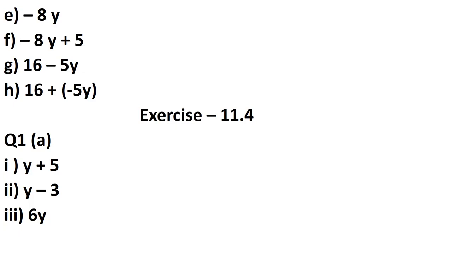Sarita's grandfather is 6 times her age. It is 6y. Times means multiply. So we have to do 6 multiply by y, which is equal to 6y. Fourth, grandmother is 2 years younger than grandfather. Grandfather's age is 6y. And now 2 years younger, so 6y minus 2. Sarita's father is 5 years more than 3 times Sarita's age. Sarita's age is y. 3 times means 3y. And 5 years more. So plus 5.